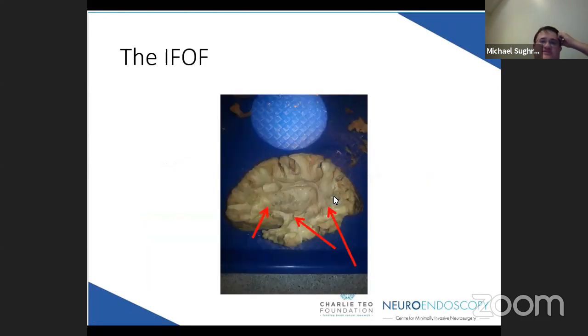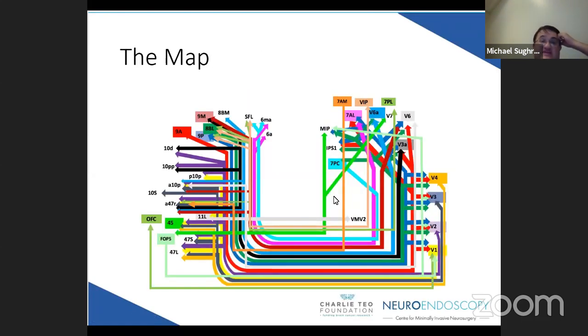Now, the question is, what is it doing? And this is fascinating, okay? So when I was first introduced to this tract, the theory was that it was taking this visual information and sending it forward to the cognitive areas to act on. And this was my theory for years, until I actually had the map. Now that I have the map, I'm going to tell you that that can't possibly be true,